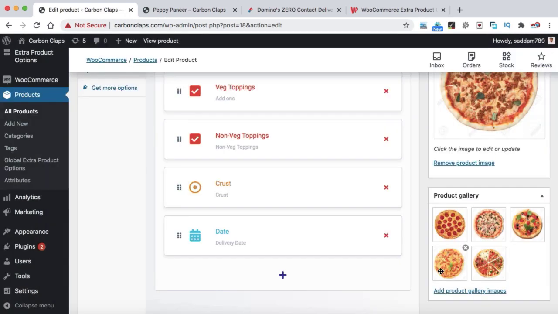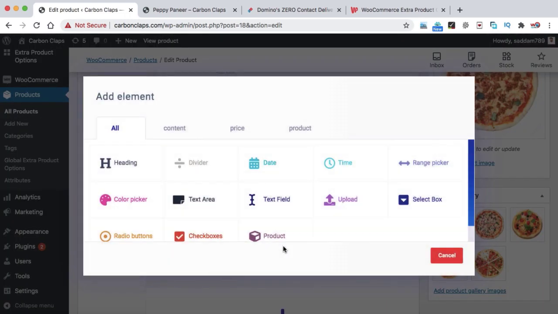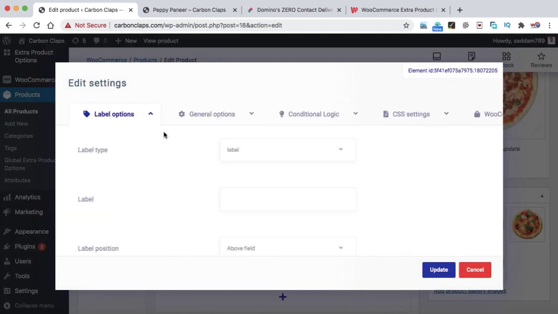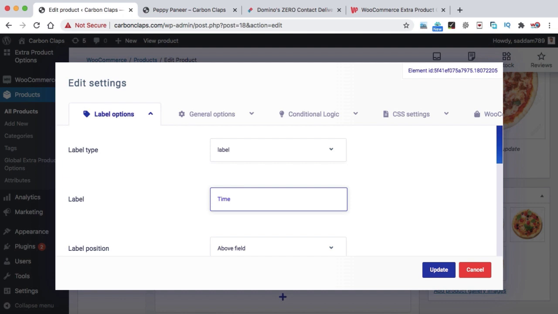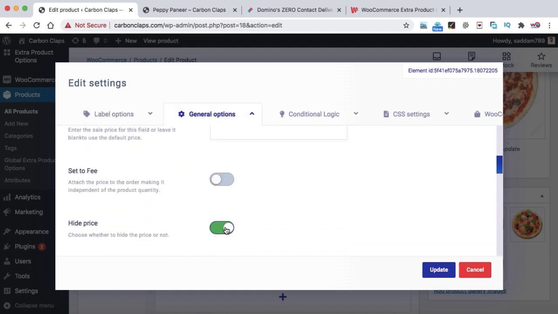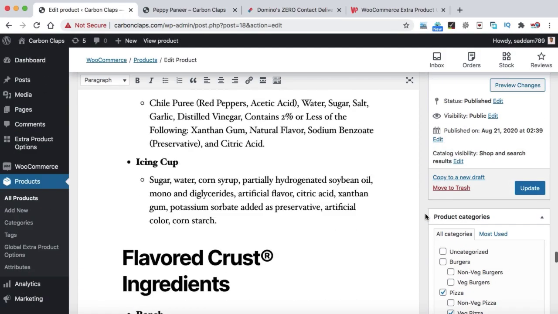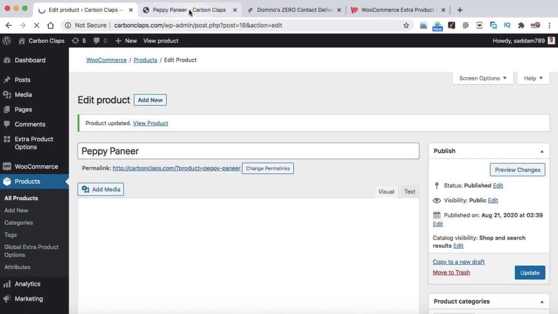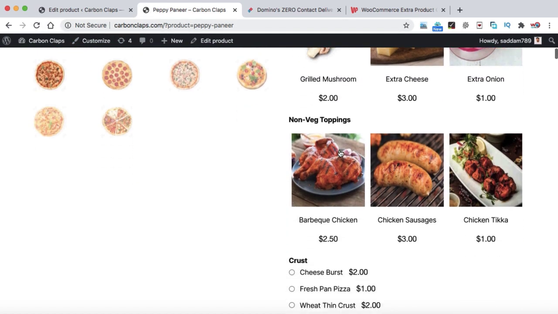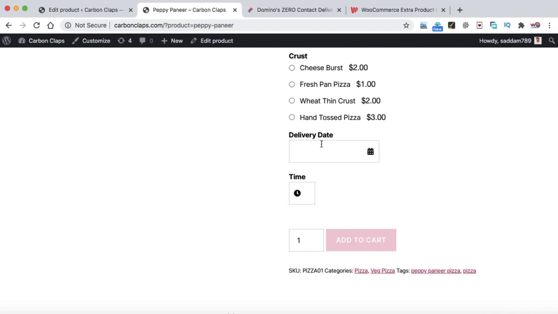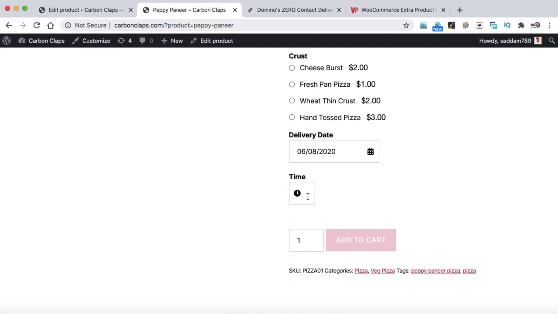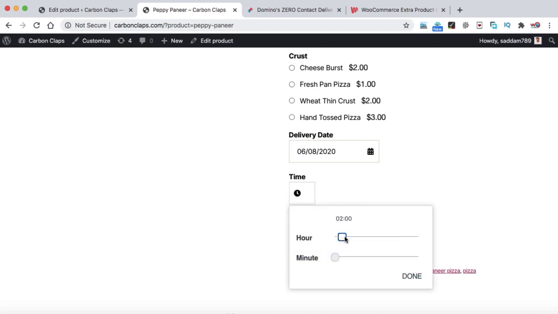Then click on update. In the same way, we can select a new field, that is what we call time, and then go to the settings, change the label time, go to the general options and hide the price. Now let's update, and then we can update the product. Okay, let's refresh the front page. Here we go. So now we can see there are so many add-on options available, and user can select the delivery date from here, and they can click on this time, and then they can set the time from this